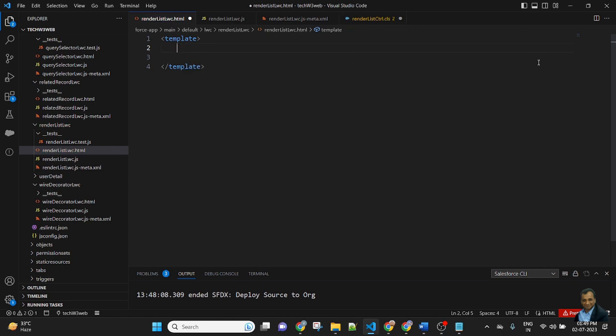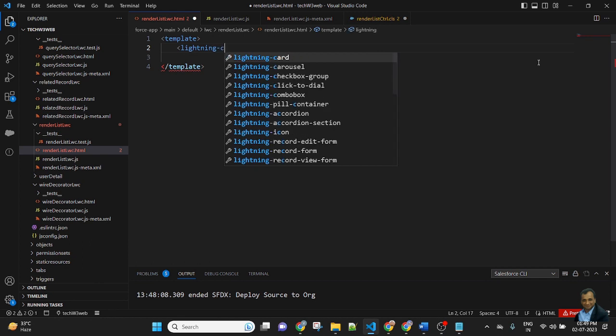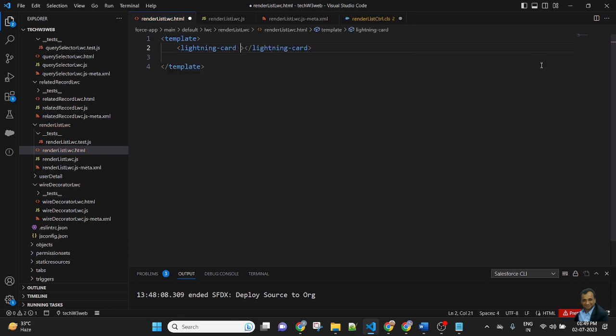I put in a lightning card. Title: Display list of account using for each in LWC, and icon name custom column custom 15.